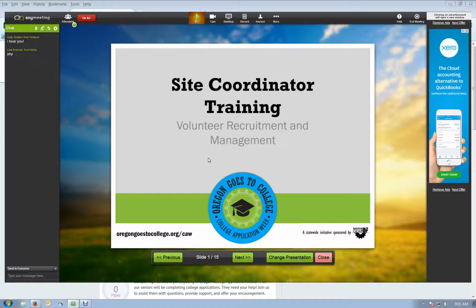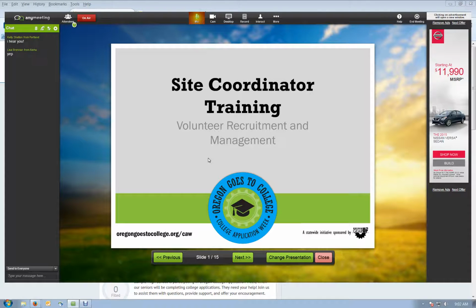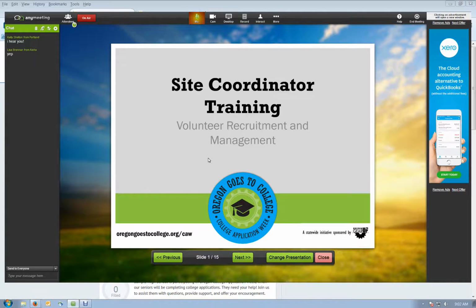My goal for today is to talk first a little bit about why you need volunteers, just in case that's not yet clear to you, how we think you might be able to use those volunteers, and what the benefit is to you and to your students to have them. And then I'm really going to do some step by step. Here's how the VolunteerSpot program works, the management tool works, and show you how to set up your own sign up sheets there in a way that should be, I hope, easy for you and super useful in actually capturing some potential volunteers and keeping them managed in terms of signups. So we'll go ahead and get started